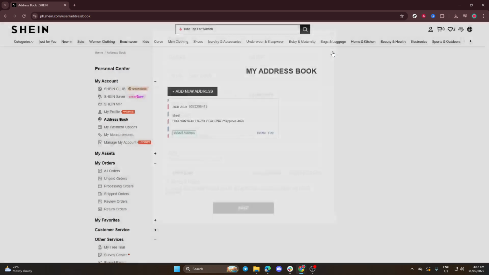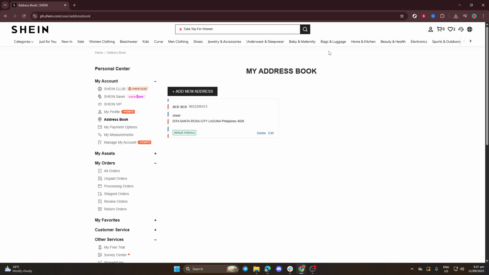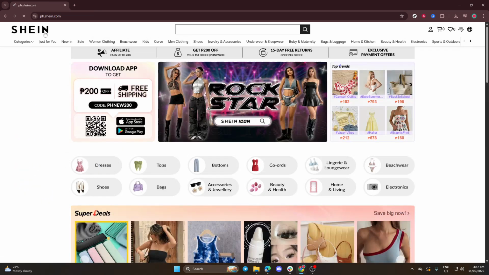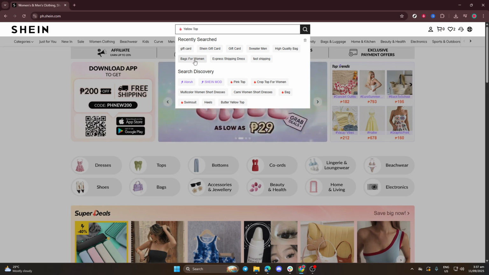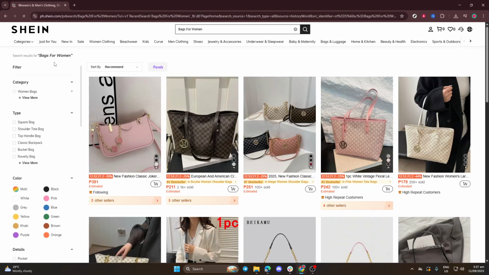Now that your account is set up, you can start browsing and searching for products. Utilize the handy search bar or explore different categories to find what you're looking for. You can narrow down your choices by applying filters such as price, size, color, or even popularity to find items that best suit your style. Clicking on a product will give you all the details you need, including sizes and reviews, which are crucial for